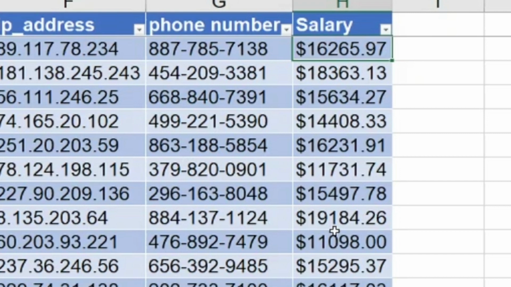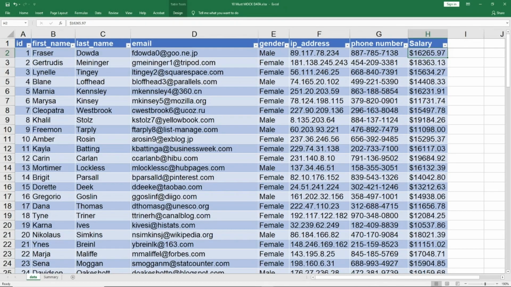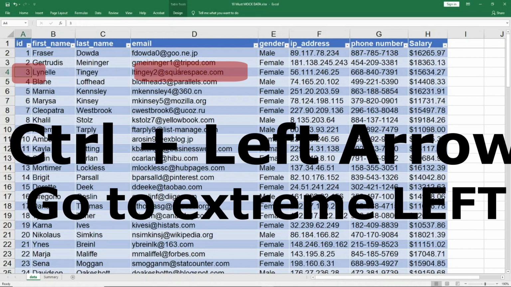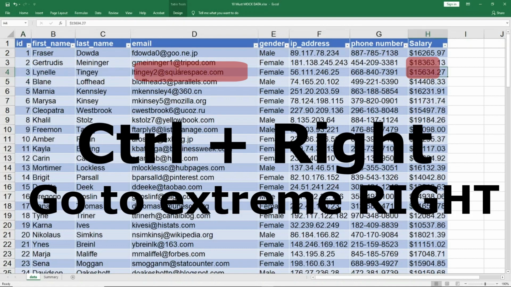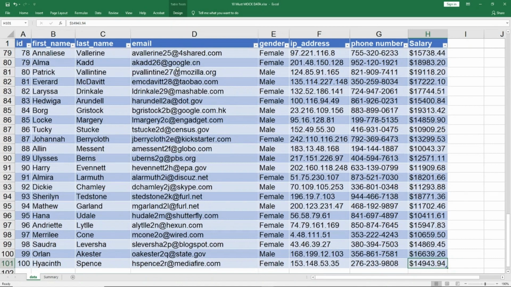So what I can do is use one of the shortcuts here. Now I'm telling you about Control and arrows, which is using Control you can move up, down, left, right, and to the endpoint. I'll demonstrate it and then I'll tell you what to do here. So currently if I am on cell, let's say D4 here, I want to go to the extreme left cell without any space or break in between. I say Control and left. I'm in the first column. I say Control and right. I'm in the last column. Control and up, I'm on the topmost row, and Control and down, I'm in the bottommost row without a break.